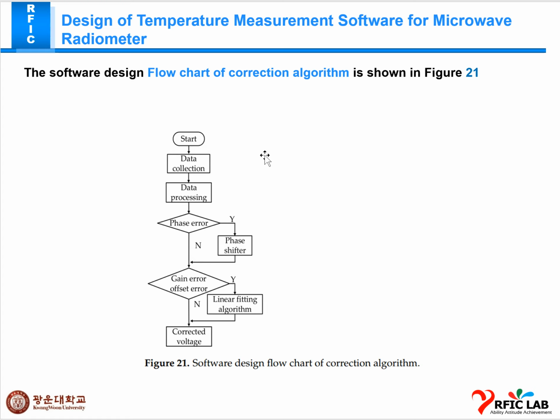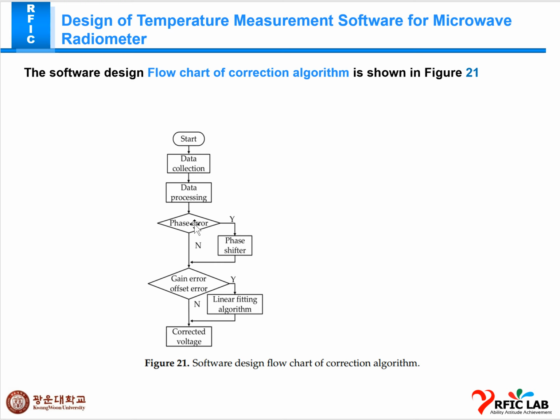Then we process that data at the second step, and after that we get a phase error. For phase error, of course, there will be a boolean value. The result will be in the form of yes or no, true or false. If the phase error is true, then it goes to a phase shifter. When the phase error is false, it directly goes to the gain error to check that